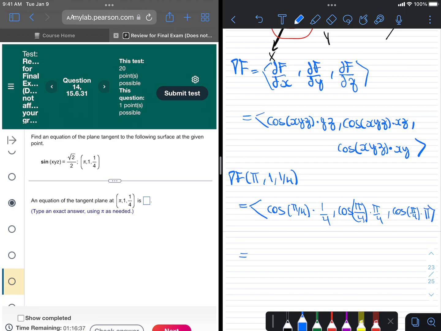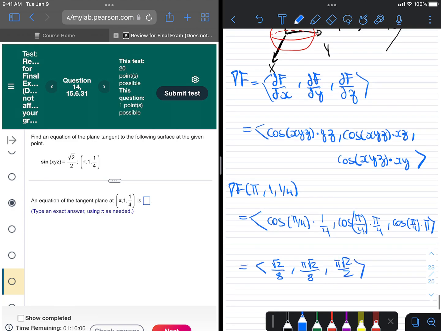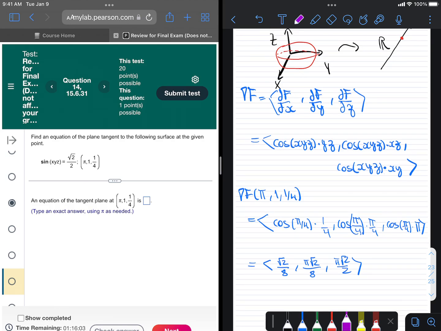If you remember that the cosine of pi over 4 is the cosine of 45 degrees, which is square root of 2 over 2. Take care of this 1/4 there, square root of 2 over 2 times 1/4, square root of 2 over 8, comma, pi root 2 over 8, comma, pi root 2 over 2. So this is the gradient of f at the point, which is normal